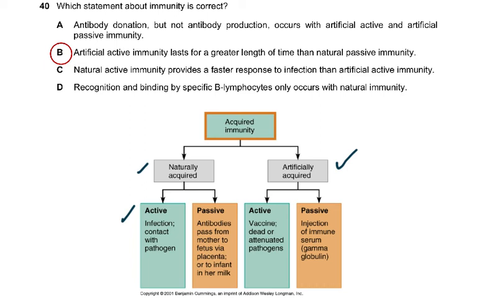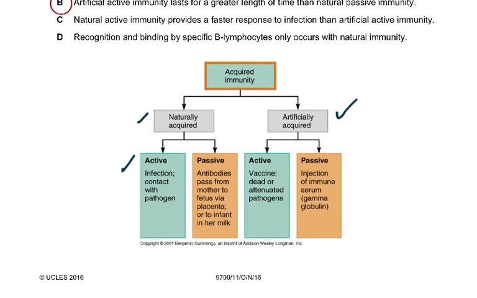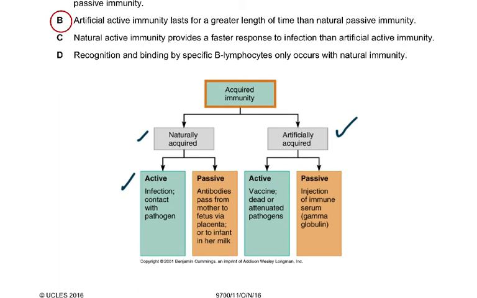And artificial passive is the injection of immune serum, which is the gamma globulin, or something which is the antibody type of stuff, which is injected like after we give you the tetanus shots. If you've had some sort of an accident on the roadside, because the soil contains the tetanus bacteria. So that completes this paper, and now I'll flip through the